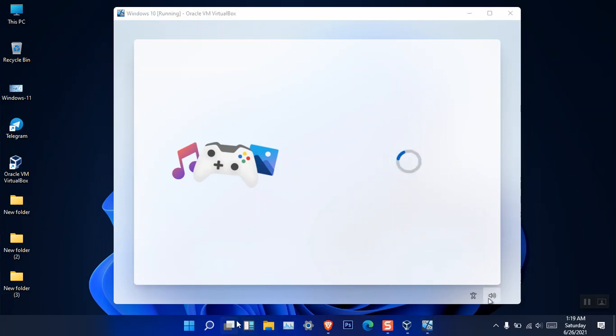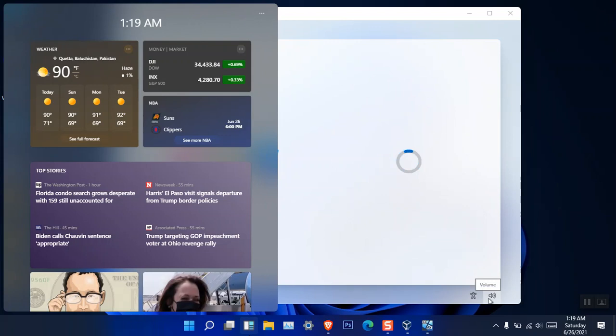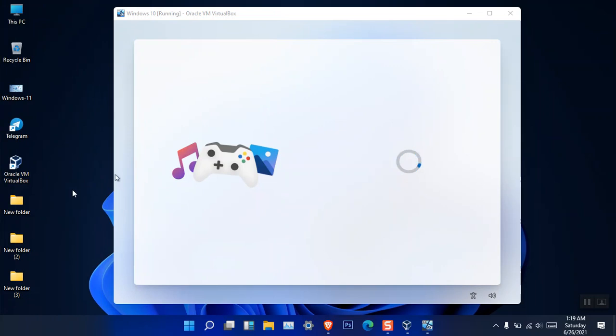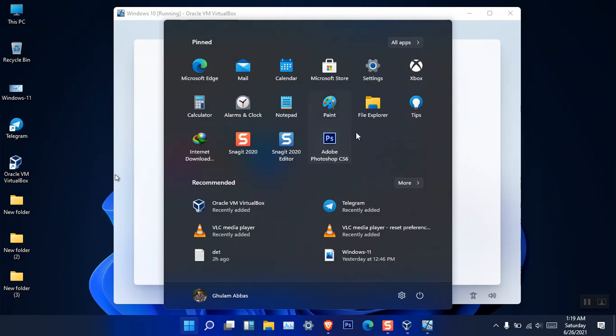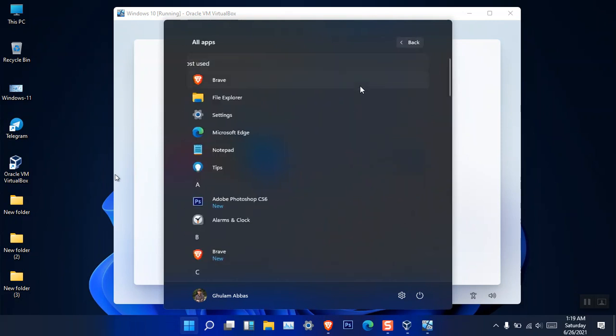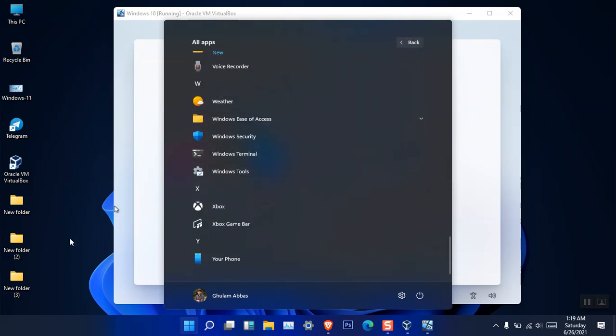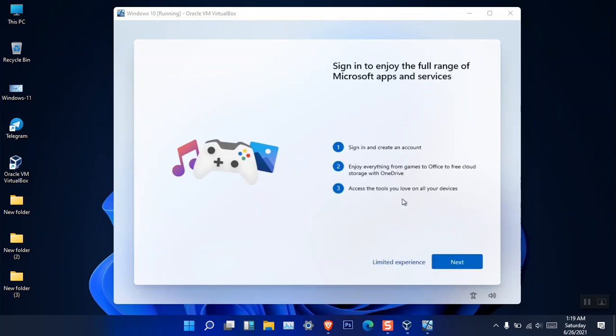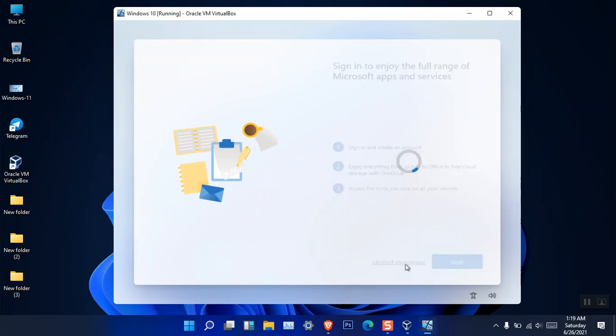You can see the features I can show you here. These are the features available currently, since I have already installed Windows 11 here, and I was already logged in with the Microsoft account here in Windows 11. I can show the features for you inside Windows also, on my actual PC. So at the moment I'm going to create a local account and install Windows 11 inside VirtualBox with a local account. So here you can see choose limited experience,